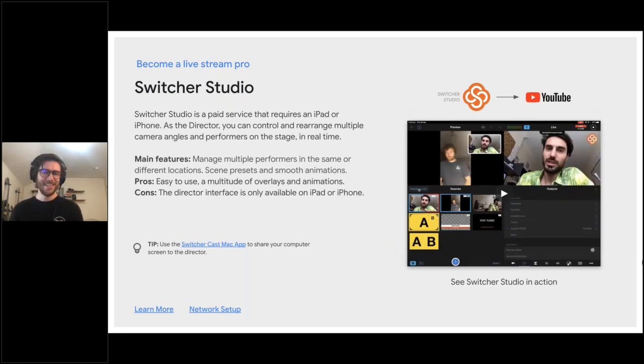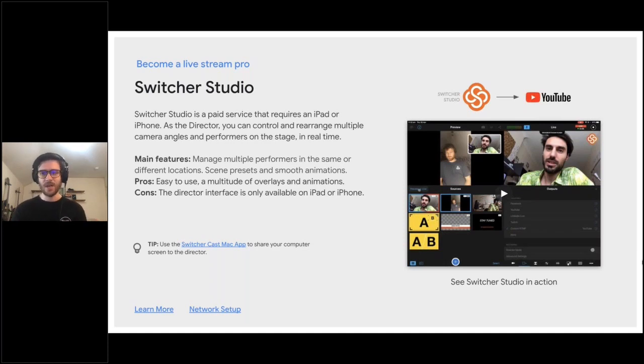Moving on, maybe if you're a bit more tech savvy, and I apologize for the helicopter above me, is Switcher Studio. So this we see good results with if you're iPad or iPhone based. Maybe you need to be mobily controlling the stream. So you might be a performer in the show that you're putting on with multiple performers, and you need to be able to covertly switch the stream or change the overlay or change the overall visual design of your stream wirelessly. And this is a good result for that.